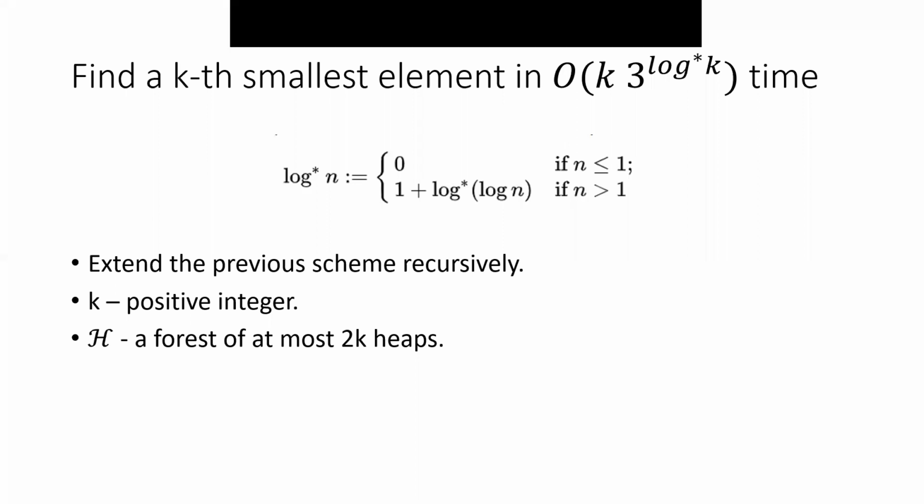So in computer science, for example, if we use the number n, this log star n means if n is smaller than or equal to 1, then log star n is 0. If n is greater than 1, log star n is equal to 1 plus log star of log n. So it's basically a recursive log computation. And the way they can